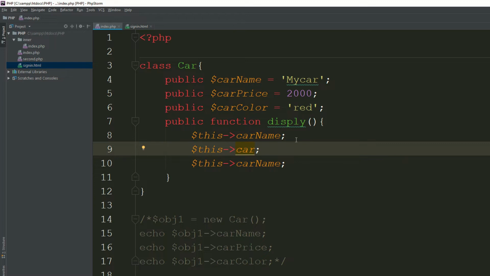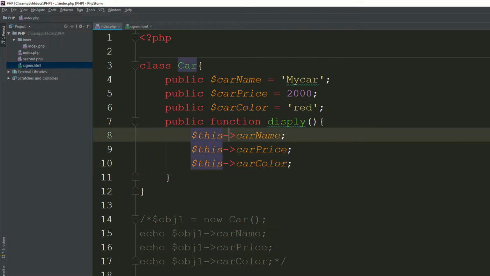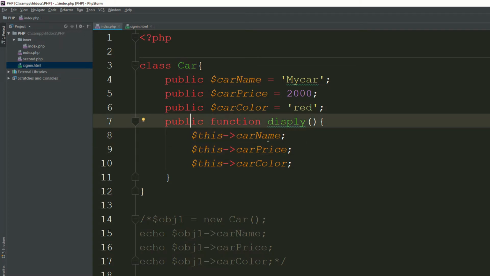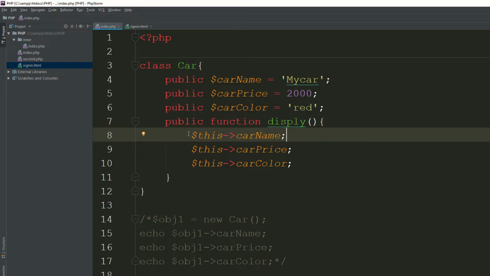I'm saying also the price name, and also the color. Why I'm saying this? Because these properties are available in the same class, so that's why I'm saying this. This means current. I'm saying this, dash greater than sign, and I'm accessing the same properties